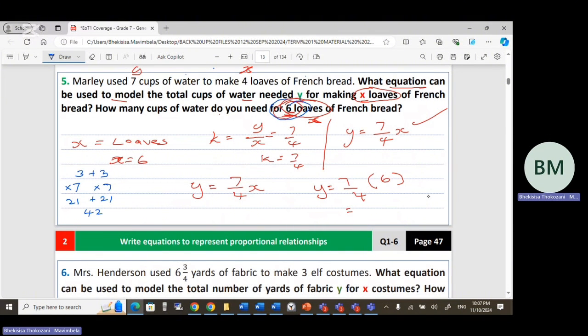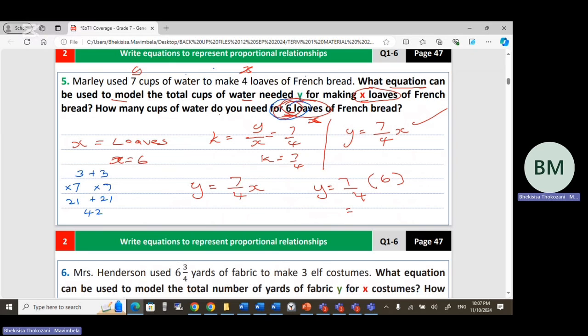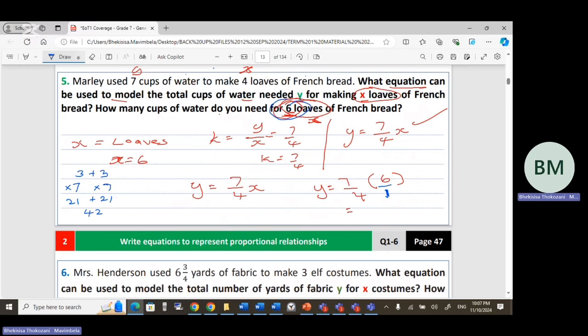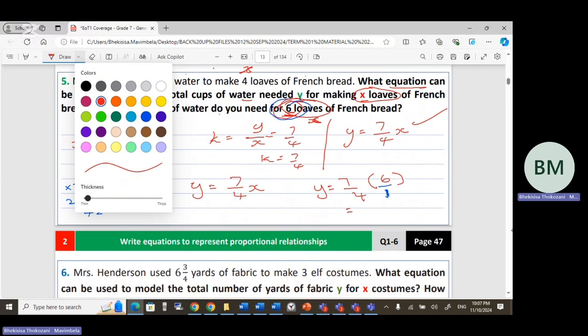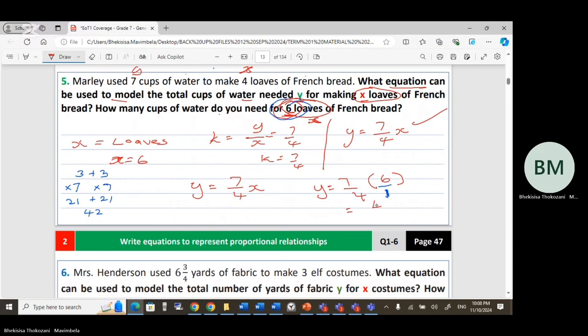So now it's easy. We know that 7 times 6 is 42. Okay. Make this one here over 1 to make your life easy when you're doing this multiplication. So we have 42